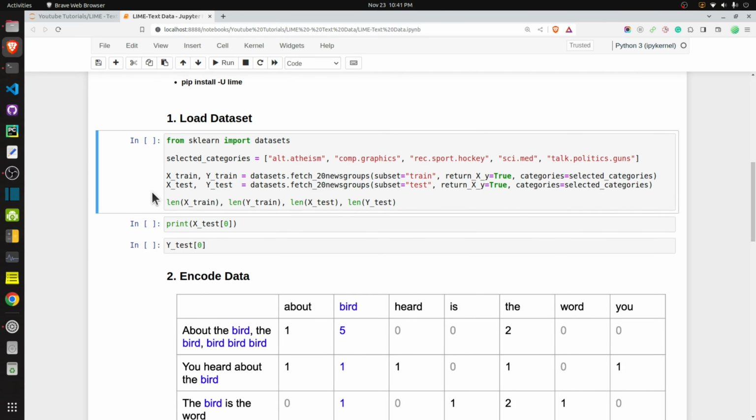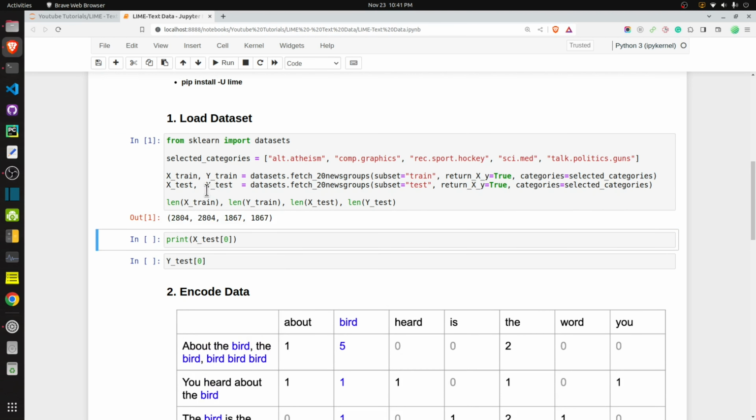First of all, I have loaded the dataset here, so let me execute this line of code. I have decided to use the famous 20 newsgroups dataset, which is available from the Python library scikit-learn. The dataset has nearly 20,000 text documents for 20 categories, so nearly 1,000 documents per category.